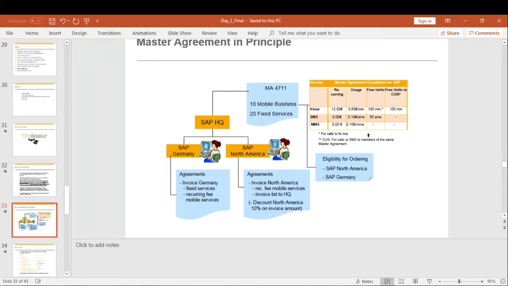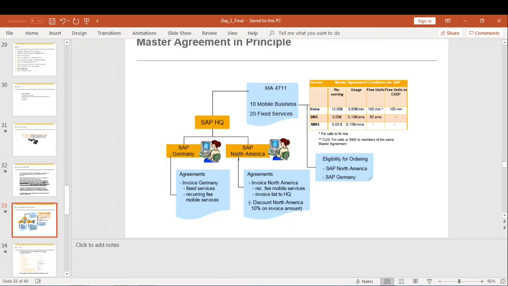So in ordering, if you see this diagram, you can see SAP headquarters, SAP Germany, and SAP North America. If any company wants to sell products only to specific customers, take the example of military employees and normal people like us.